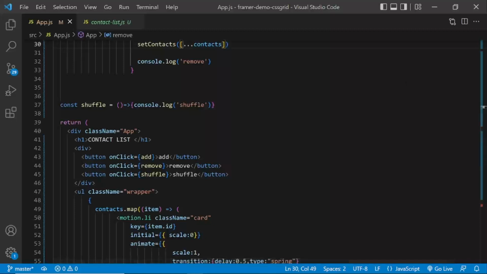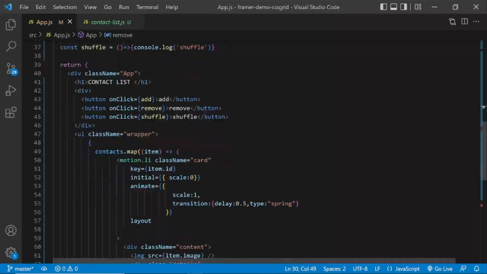So first of all, we're going to talk about animate presence. We need to use this wrapper so that when things are removed, the components know that they're about to be removed. Now React lacks any sort of lifecycle methods to notify components that they're about to be removed, so it doesn't give them time to animate out. So this wrapper will give them time to animate out and carry out their exit animations.